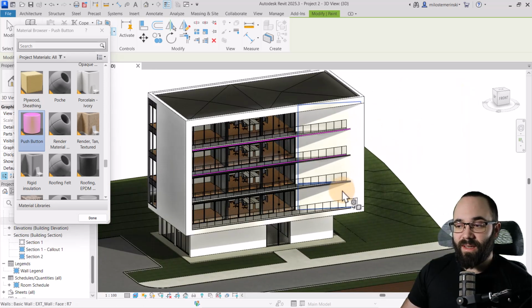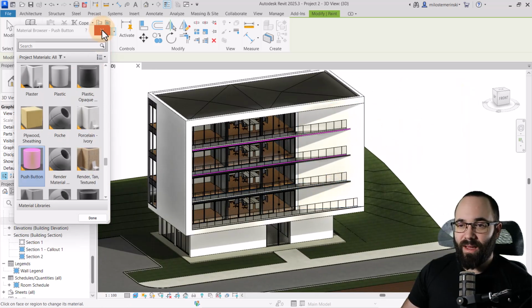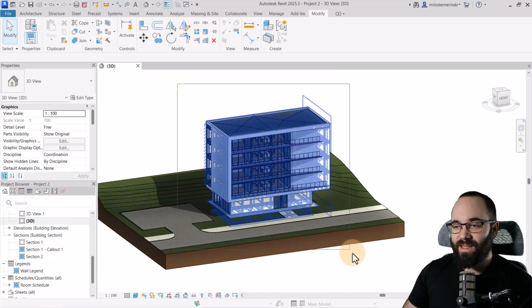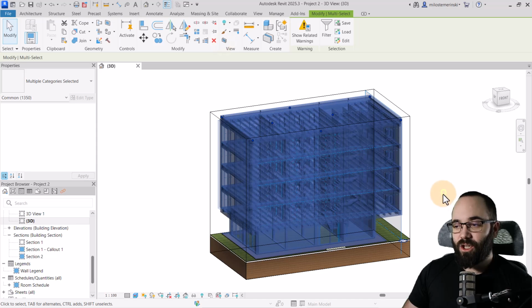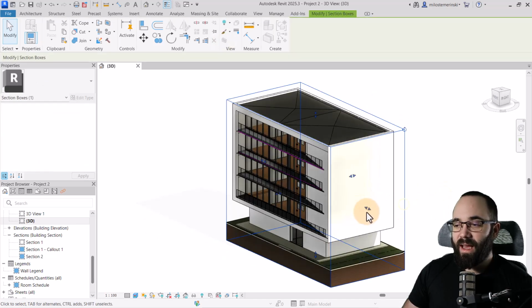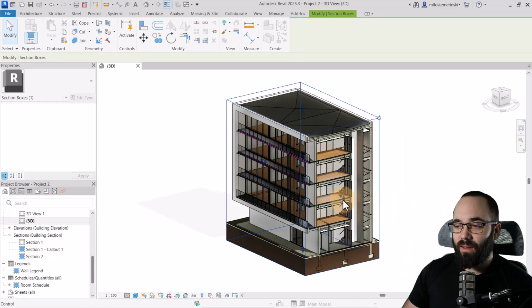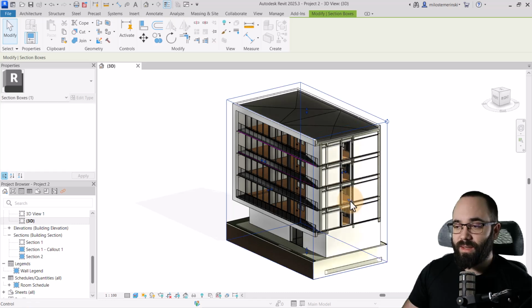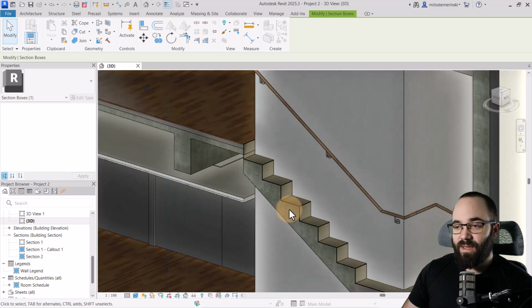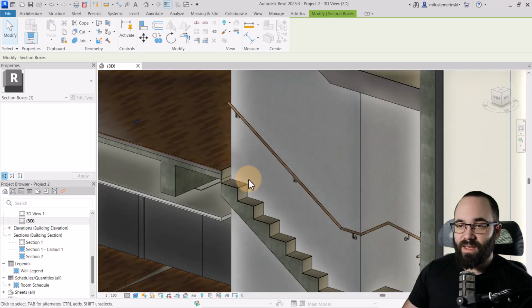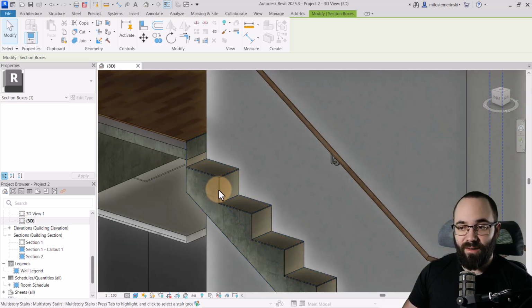Now, let me show you something a bit more interesting. So I'll escape out of here. I'm going to select just the building itself, and then let's create a section box just like that. And I'm going to cut into the model a little bit just to reveal the staircase. So just like that. So here we have the staircase, and what you'll notice is that for the staircase,